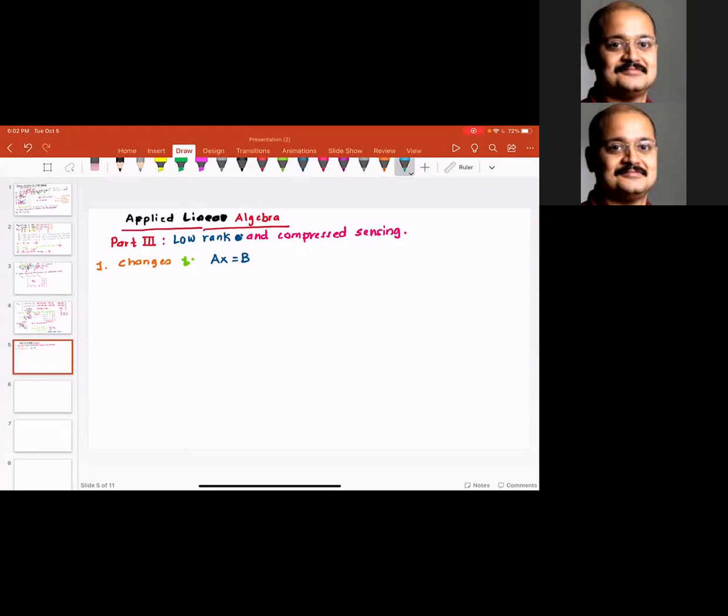Say we have solved this equation, but then this A matrix changes. Now what happens to the solution? Clearly the solution is going to change. But does that mean we have to recalculate the solution, or can we use the previous solution and maybe